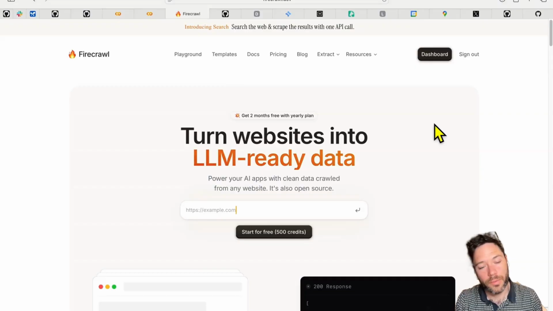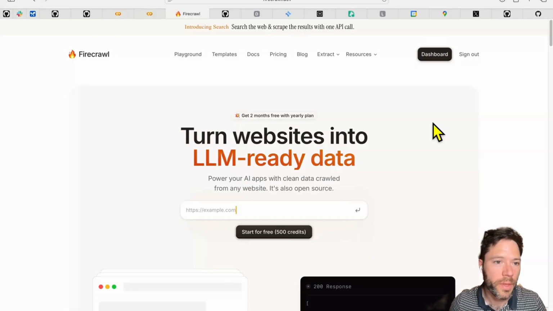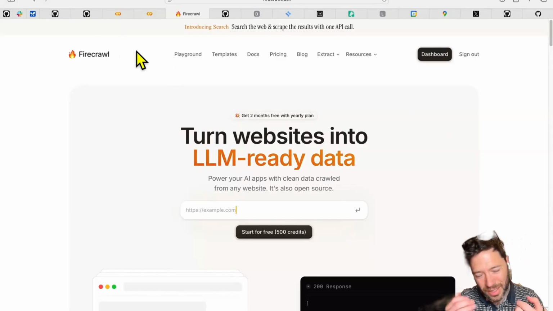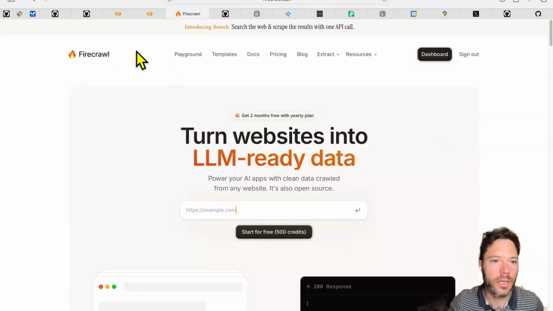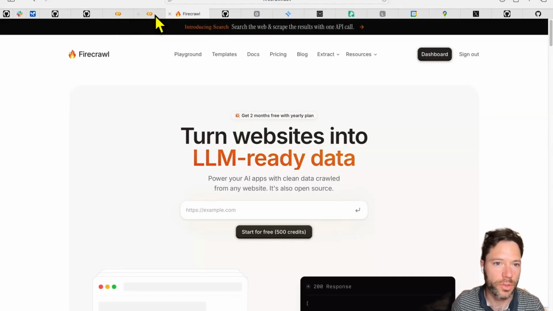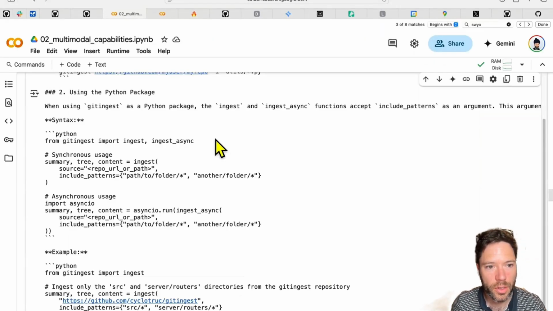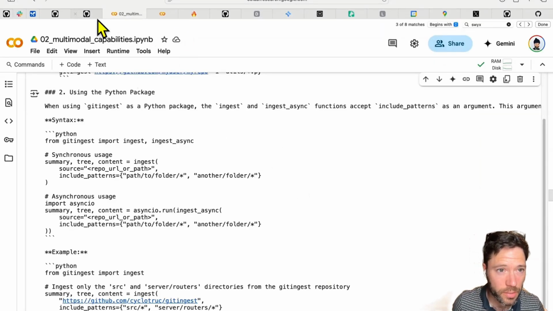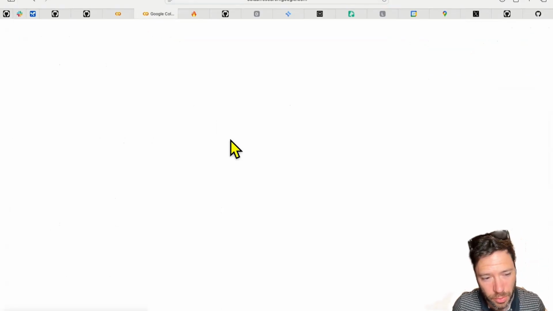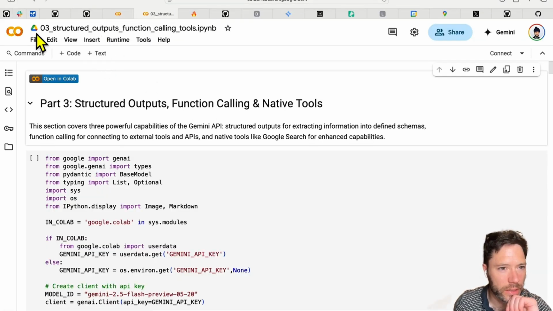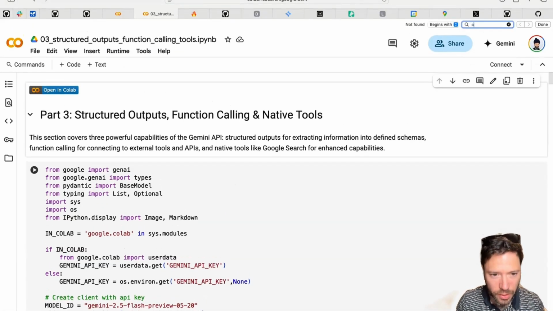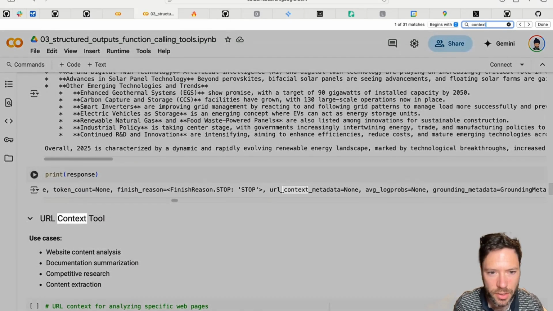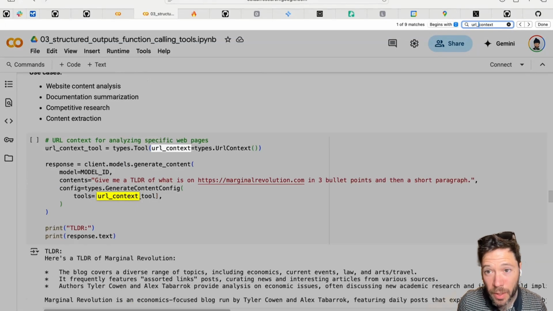Very nice tool. And of course you can build the equivalent to Firecrawl yourself with a browser, but who's going to be in a better position to be able to crawl than Google themselves? And Google essentially, now I'm stretching this a little bit here, but essentially they allow you to do what Firecrawl does with the tool called URL context. And this is in another notebook that was covered today. It's notebook number 3. And if we just search for context, so it's called URL context, you were able to